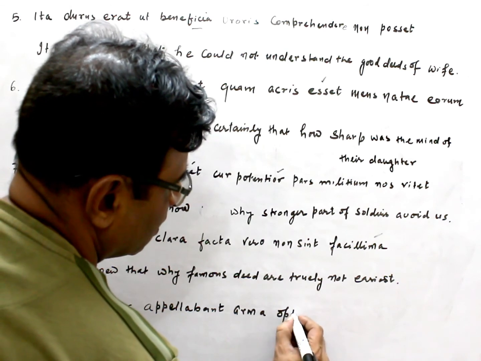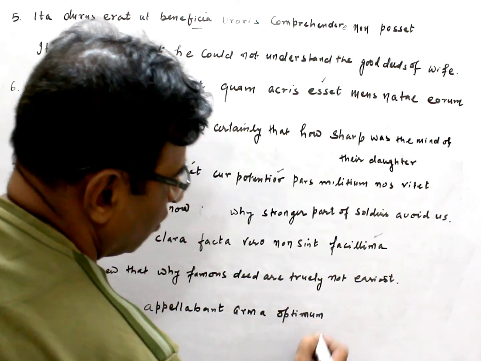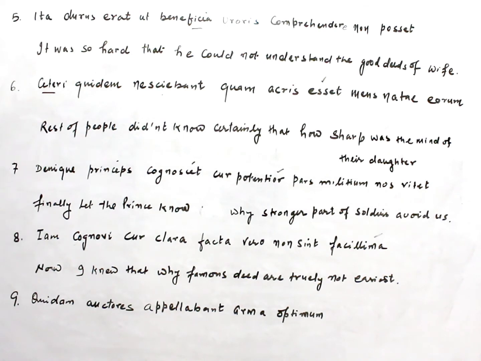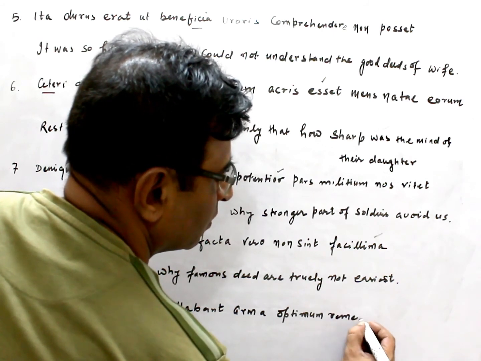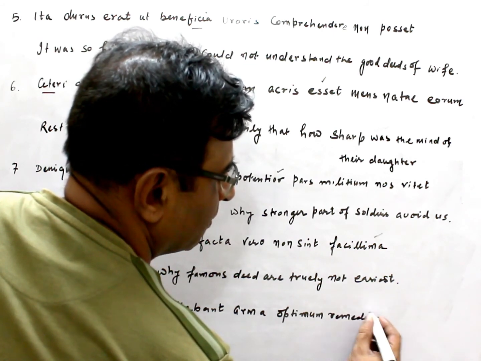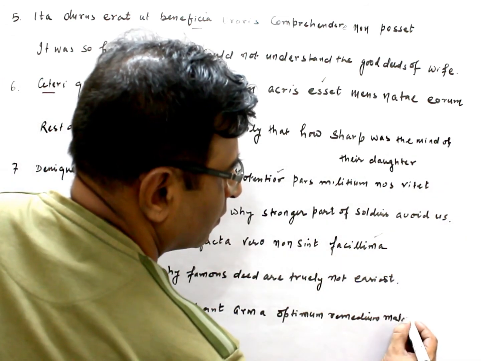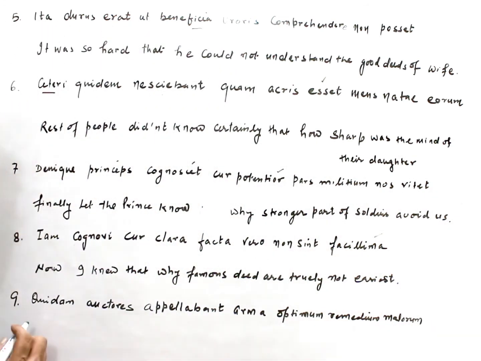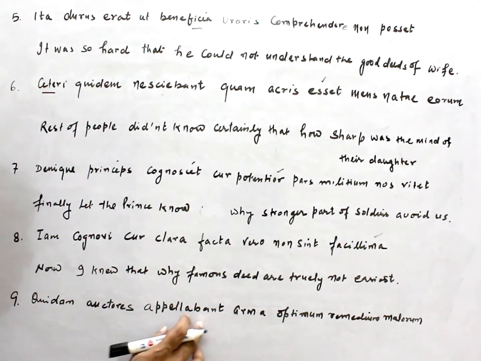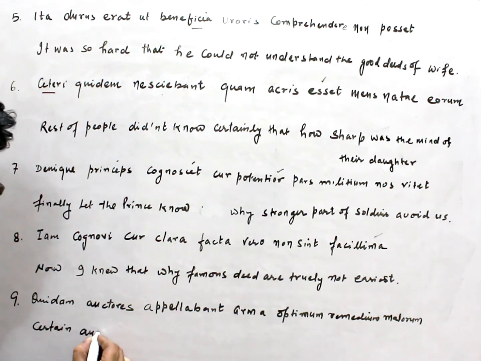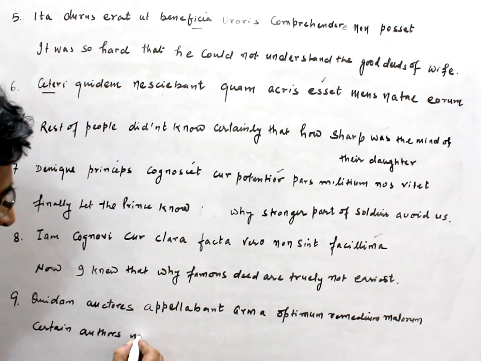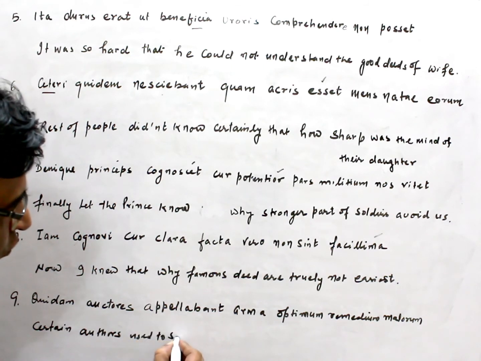Arma optimum remedium malo. Arma optimum, remedium malo. So what does it mean? Certain author called, or used to say also we can say. That means certain author used to say that arms